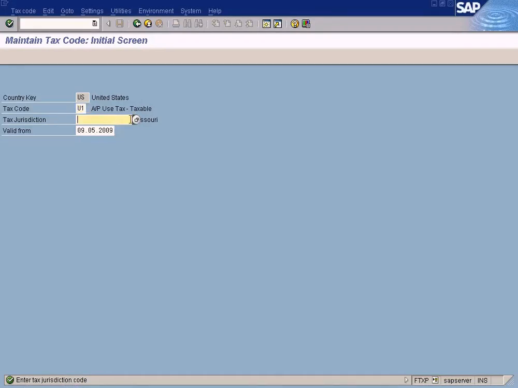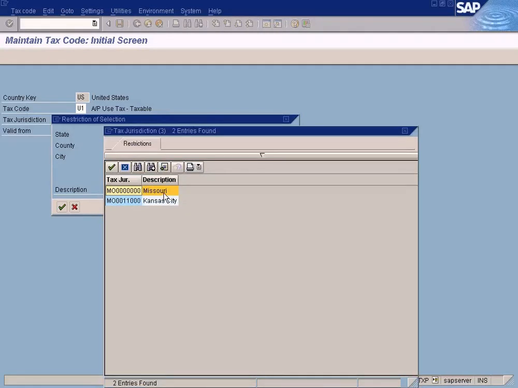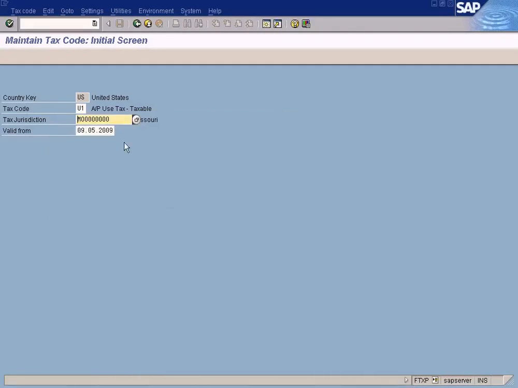If you leave it empty and press enter, it will not allow you to proceed. Enter tax jurisdiction code. So you have to assign a tax jurisdiction code, because the tax rates are defined per tax jurisdiction, and this validity rate is to define a valid tax rate for a period.